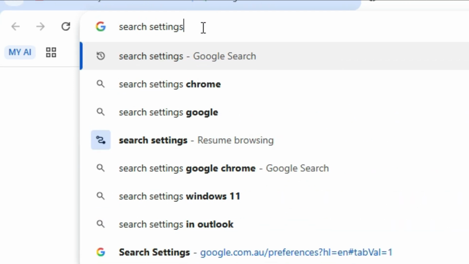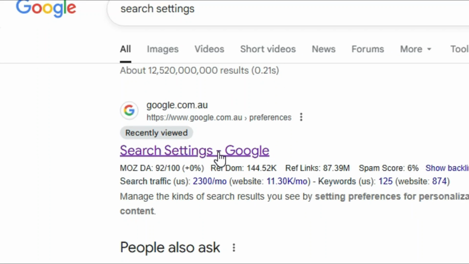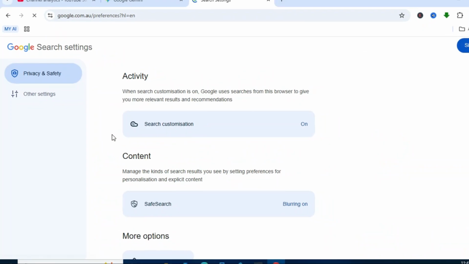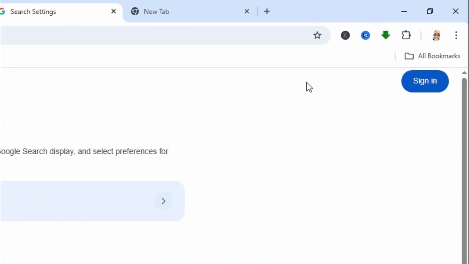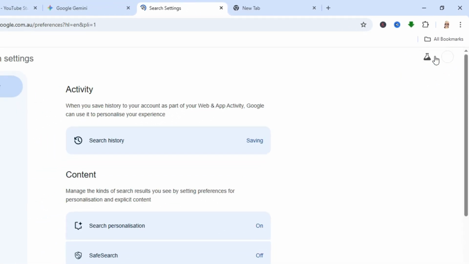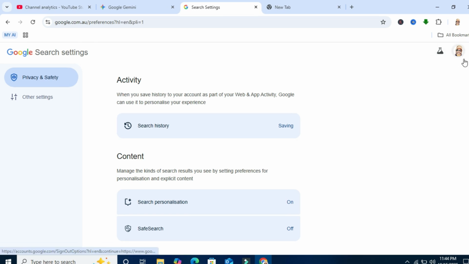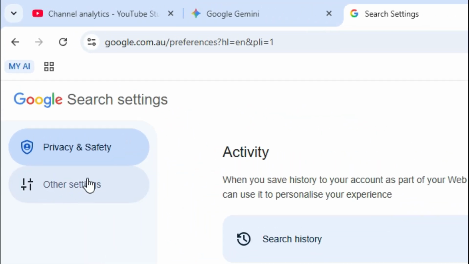Now hit enter and you will find the first option, Google search settings. Click on search settings Google. On the upper right corner, click on sign in. Sign in to your Google account and then on the left pane, click on other settings